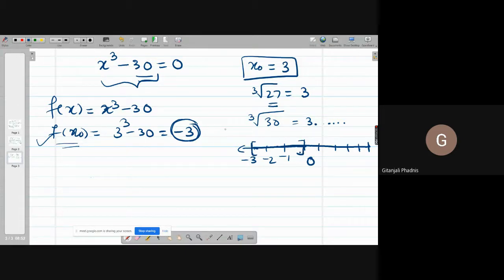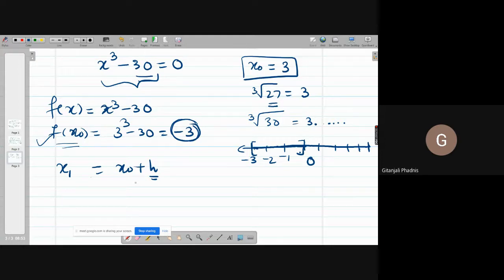Okay. So what I'm trying to get now, I will try to get a better approximation called x1. And this x1 is nothing but x naught plus h. There is some modification in x naught, right? h may be positive or negative. If your root is going towards the left, then it will be minus. If your root is going towards the right from 0, then h will be positive. Are you getting the point, girls? So x1 is written as x naught plus h.